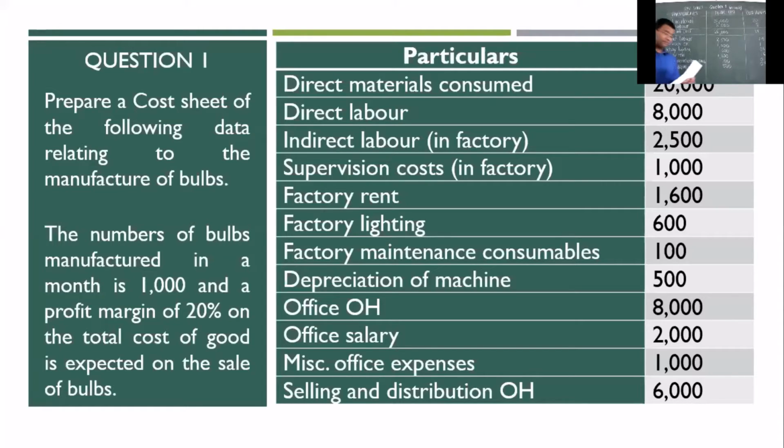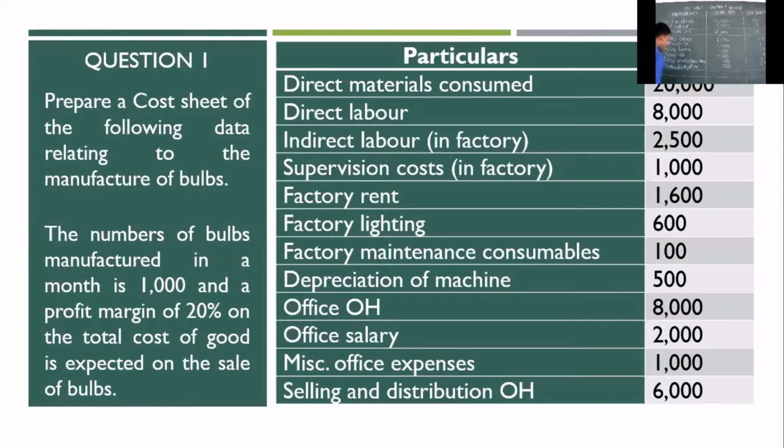Okay, so that's pretty much it. I think we have covered most of the overhead expenses that are a part of our factory overhead. Now what we have to do is total this up. At this point, there are two important things that I want all of you to focus on.